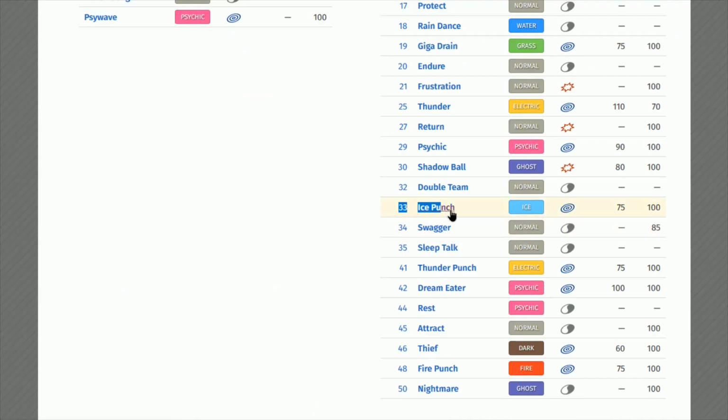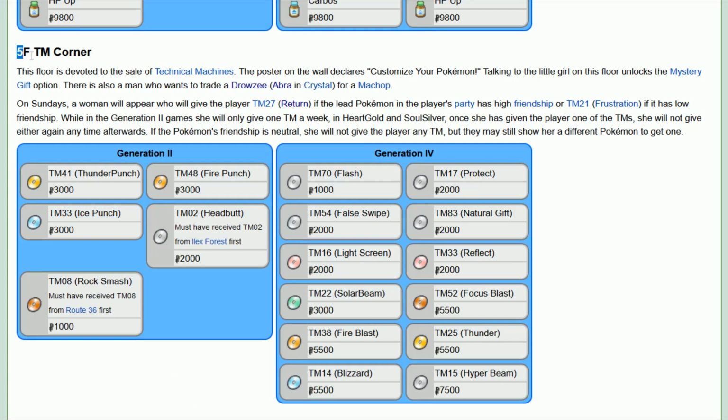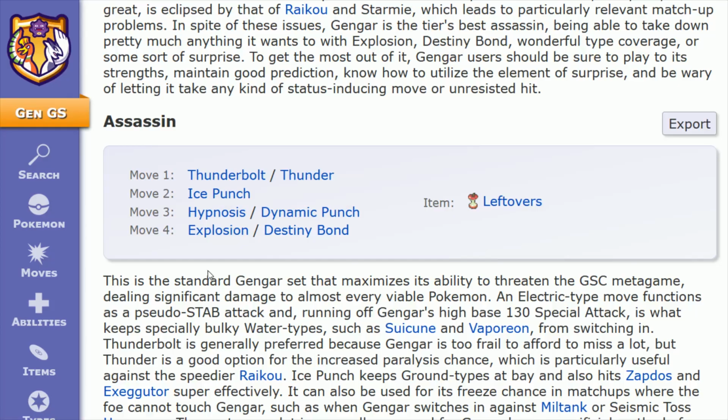And Ice Punch can be learned through TM33, and Ice Punch can be picked up over at the Goldenrod Department Store. And in the Goldenrod Department Store, it's going to be on the 5th floor, and you can grab that one for 3,000. And move number 3, a couple of different options